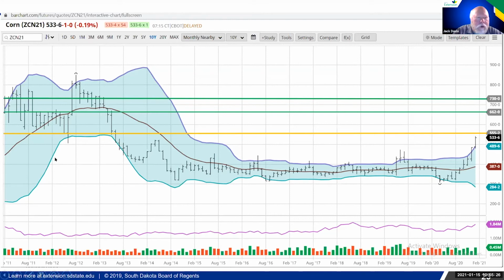And then I just drew some lines in here. This kind of being a bottom end, or where it fell off back in that time frame in August of 13. So showing that line. And then I thought, well, here's kind of the middle before it really went crazy in August of 12. I drew a line across there, and that comes in at 662 on this graph. And then I just picked a middle range, or actually off of the top of this as it started to fall in 13.